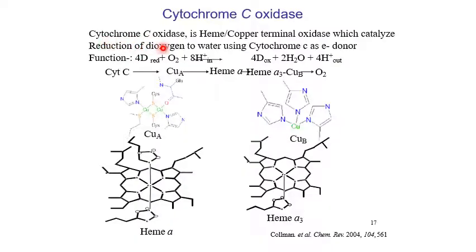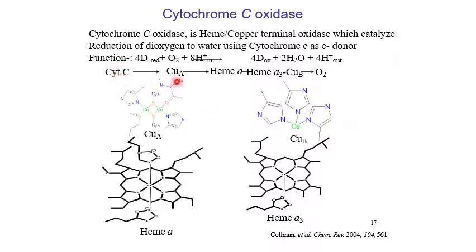So cytochrome C oxidase, that I have already discussed, is a heme copper, meaning iron and copper based, terminal oxidase, which catalyzes the reduction of dioxygen to water using cytochrome C as the electron source. So this is the reaction scheme. Basically, oxygen will be reduced to water using the proton and electron. The electron will be supplied from cytochrome C. The electron source is shown over here. The sequence from cytochrome C,